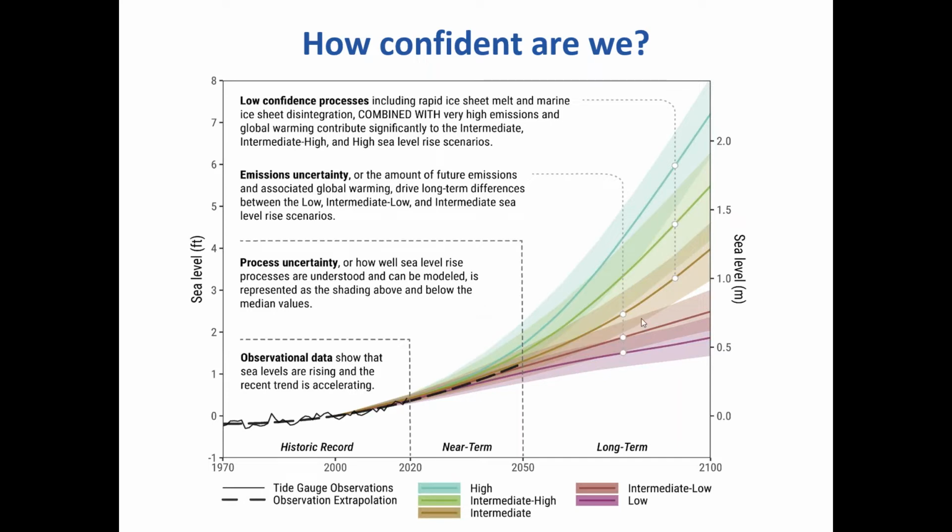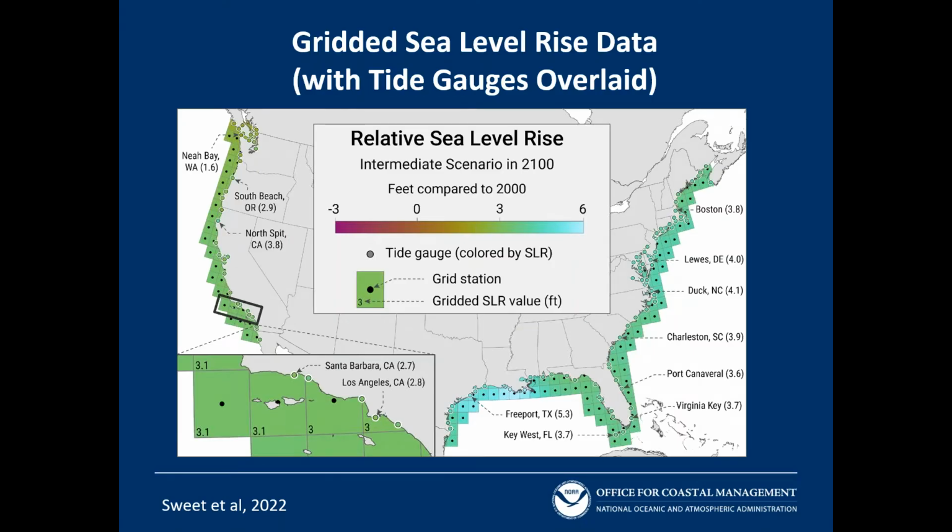The processes that add to the lack of confidence are what we're going to do with emissions and other low confidence processes, which is how fast the ice sheets are going to respond and melt, and what is going to happen when we lose the mass of the ice sheets on land and that gets distributed to the water. It will actually make the ocean sit differently on the planet. The ice sheets have so much gravity or mass that they actually hold the water closer to them. When that mass is redistributed, it's going to change water levels. The information is available at tide gauges throughout the country, as well as a 1-degree grid.